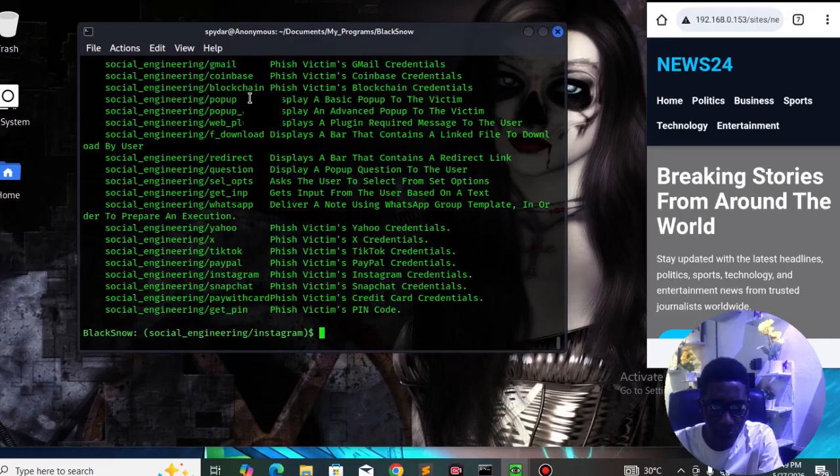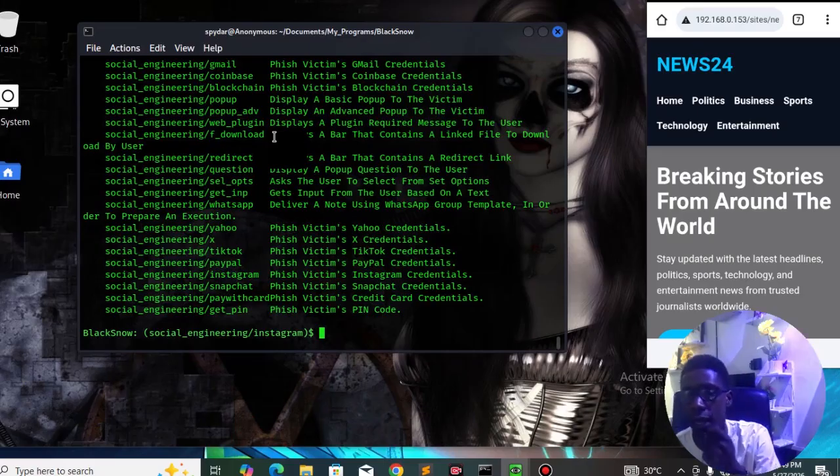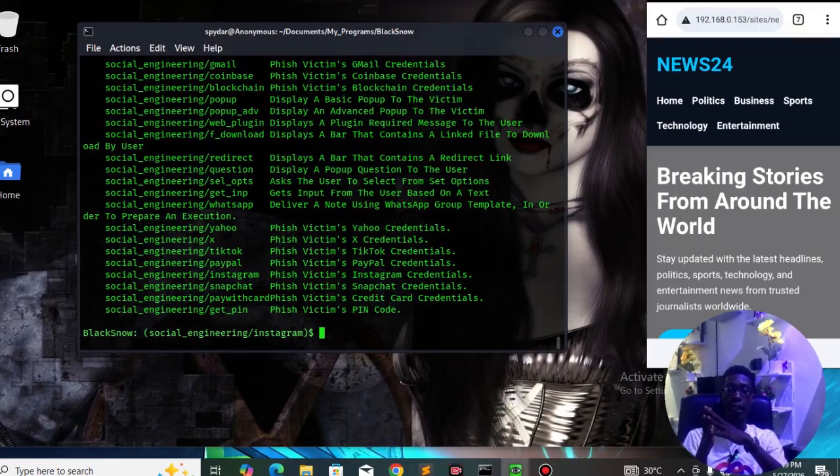We even have a Coinbase blockchain and web plugin. This displays a plugin required message to the user. After that, the file download also lets you save a file to the user. Maybe you have a payload, a crafted payload, or a malicious file that you want the user to download. You can use BlackSnow's F-download module to save this file to the user for the user to download and view